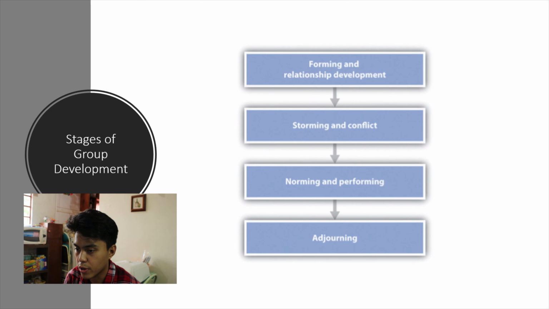Next is storming and conflict. Recall that on the previous slide I discussed the determinants of entitativity, in which one is similarity. In similarity, you have similar opinions, ideas, and hobbies, but in storming, you will learn that not all of your opinions are the same, and you disagree. Basically, you'll find some of the things that you don't agree with in the group. In storming and conflict, this is compared to the adolescence stage, and this is where the group members are persuaded for your ideas.